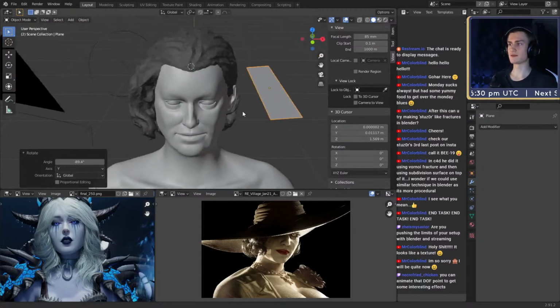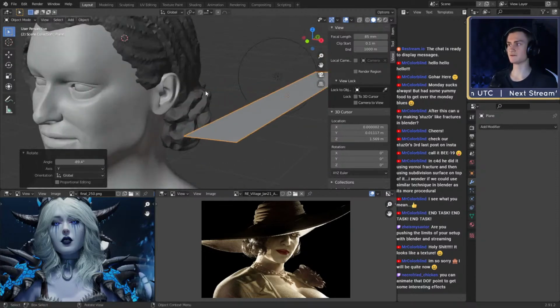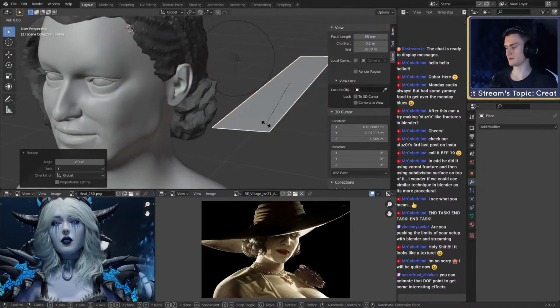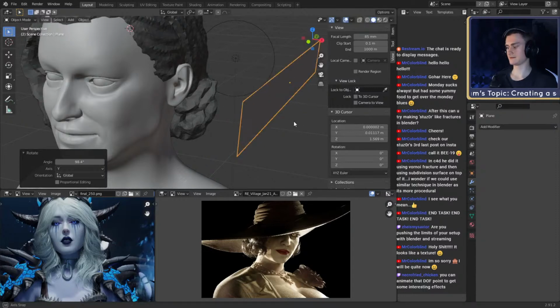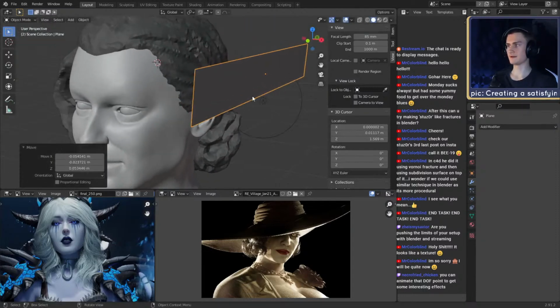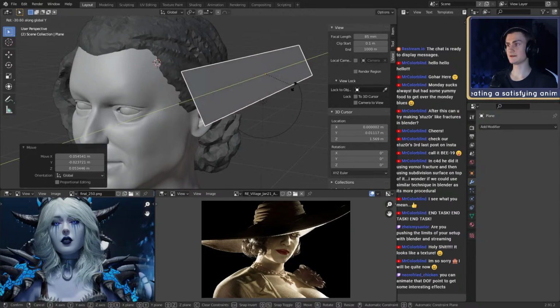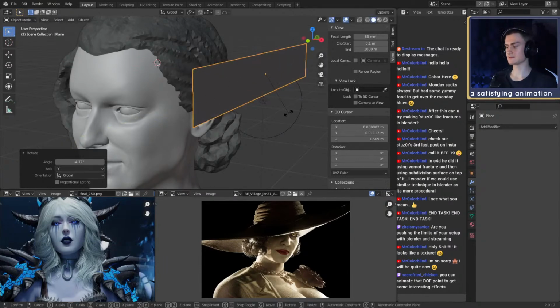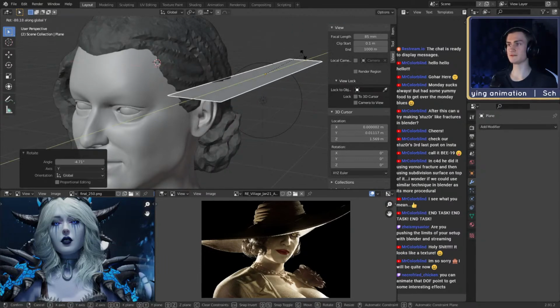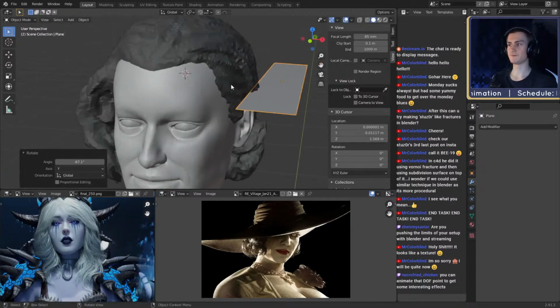So the problem with hair particles is sometimes if they're, for example, over here, and you want to form them like that, sometimes the rotation is set so it's not like that, but like that. And I haven't really found a way yet to actually change the rotation of the hair.